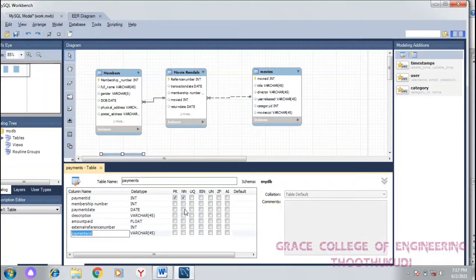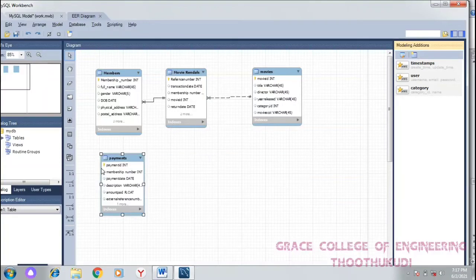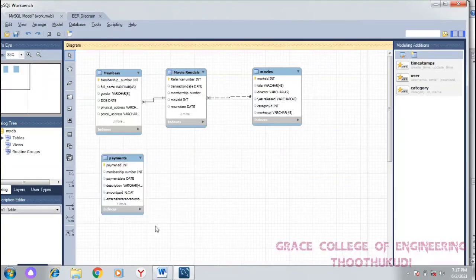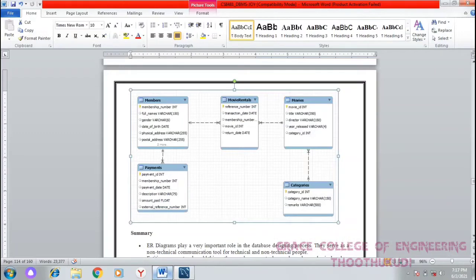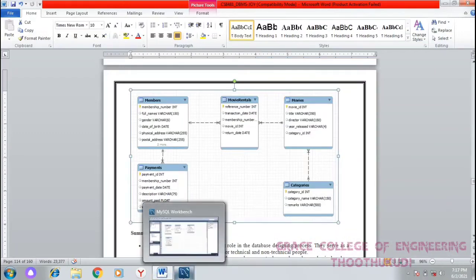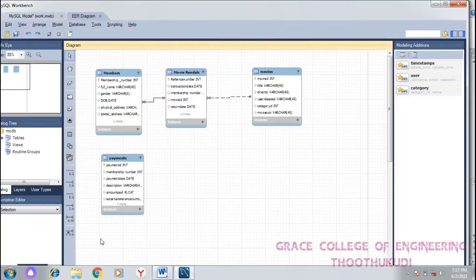After completing all the column names, just close the table. All the column names are now displayed in the workbench table. Then you make a connection from the payment table to the member table. It's a one to many connection.